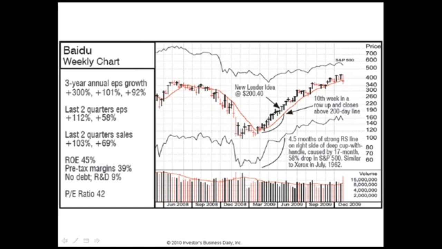I figured out that if any stock breaks out of a sound pattern and goes up 20% in either 1, 2, or 3 weeks, I must hold it through the first normal pullback, and those pullbacks usually occur between 4 and 6 weeks, 3, 4, 5, 6 weeks out of the base. So I had to hold it for at least 8 weeks no matter what. Now, this is assuming that you're buying a stock with earnings and patterns that are right, a CANSLIM type stock. So I had that rule.